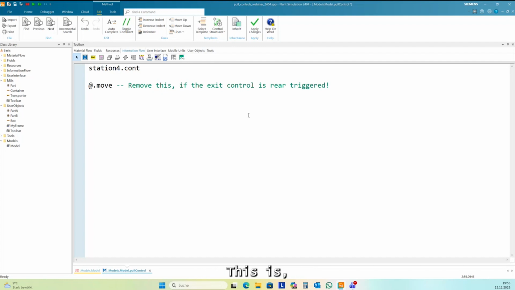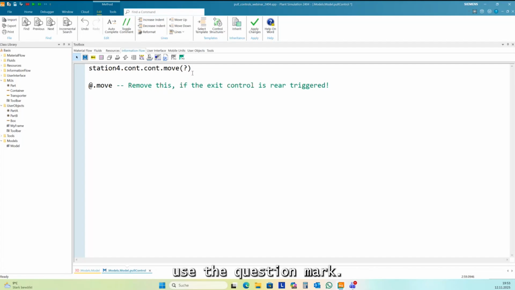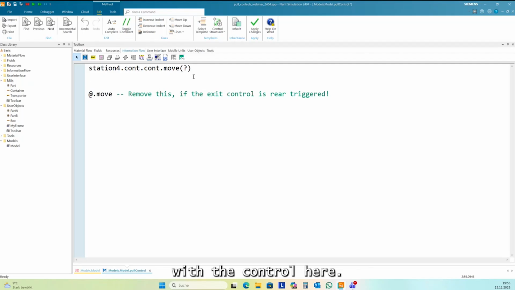This is my container, .cont is one of the parts on the container. And this I move to station 5, or I can use the question mark. This will be replaced by the station with the control here.